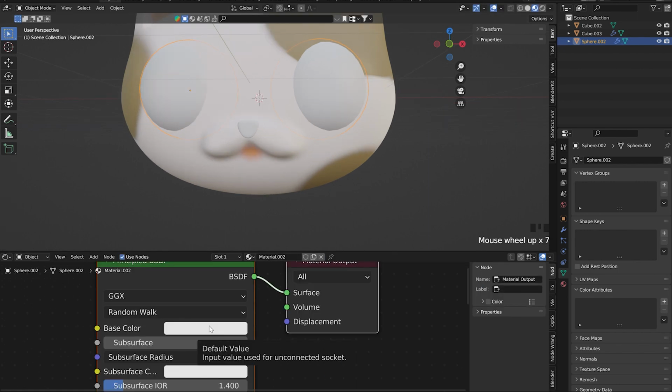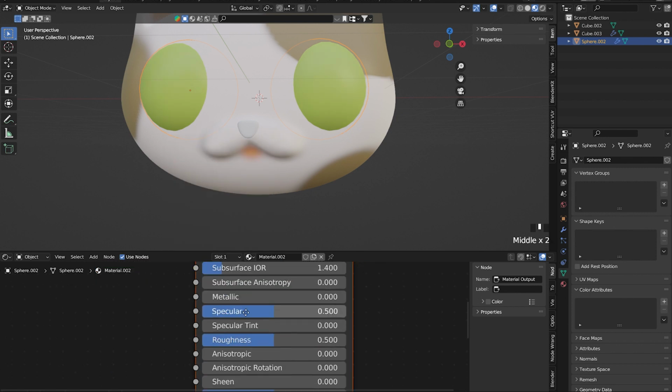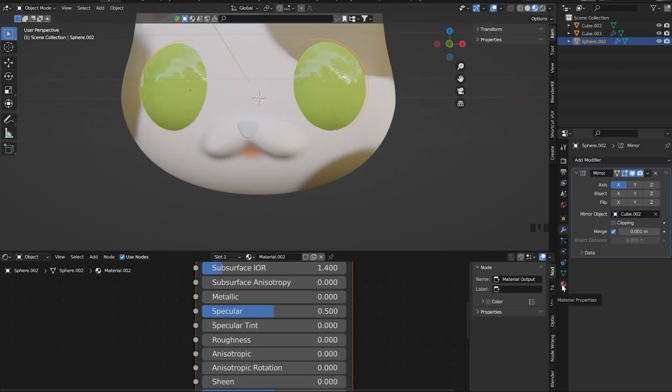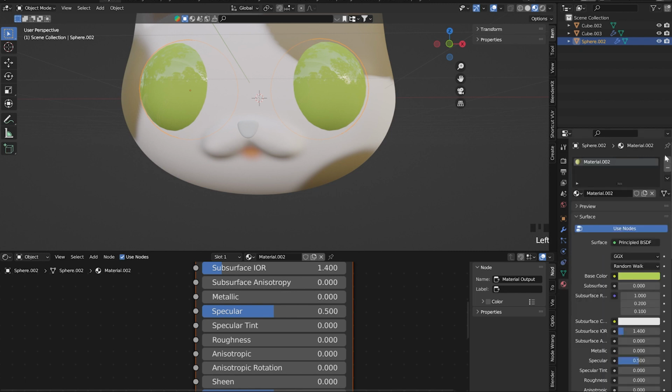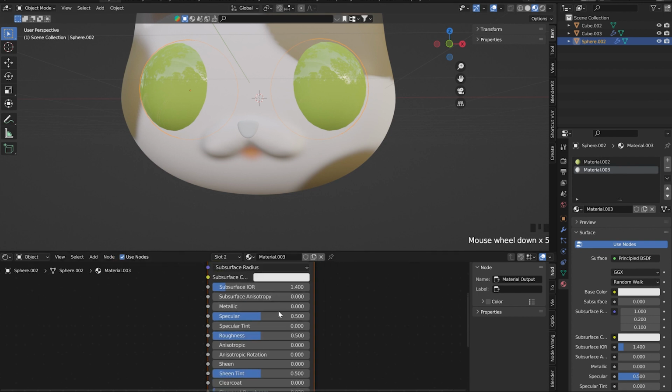We're gonna add the color of the iris first. I'm going to go with a hazel-ish color and reduce the roughness. And now we're going to go to the material tab here. We're gonna add a new material. We're gonna press new and we're gonna add